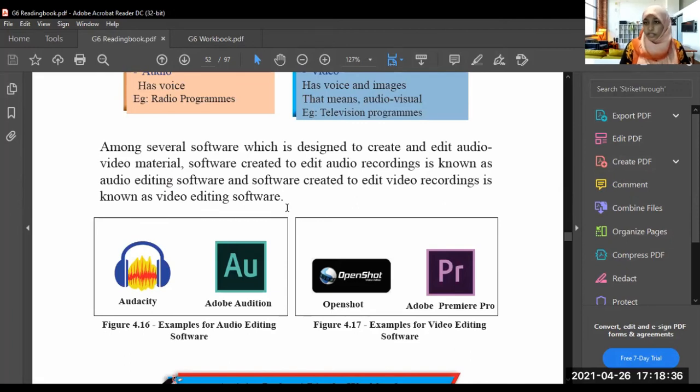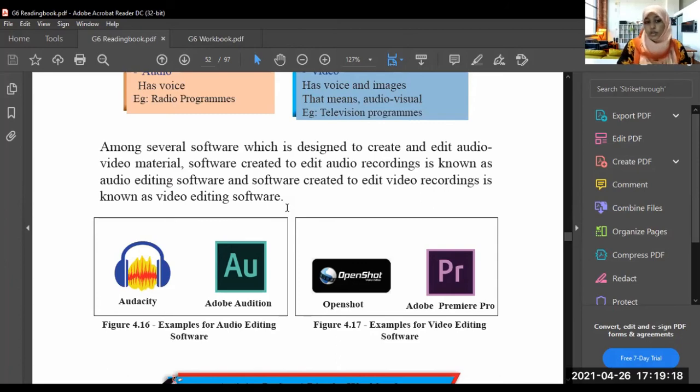There are a lot of softwares, I told you, to create and store documents, to draw pictures, to do graphic things. All these are softwares.